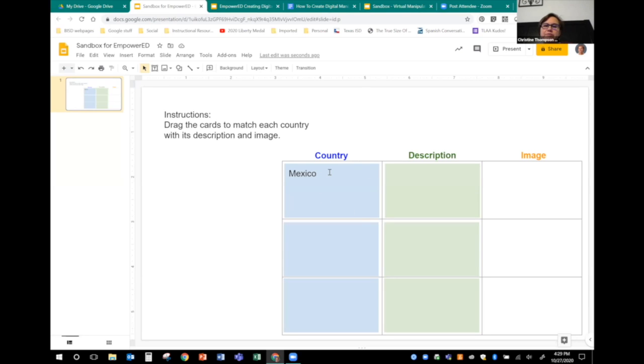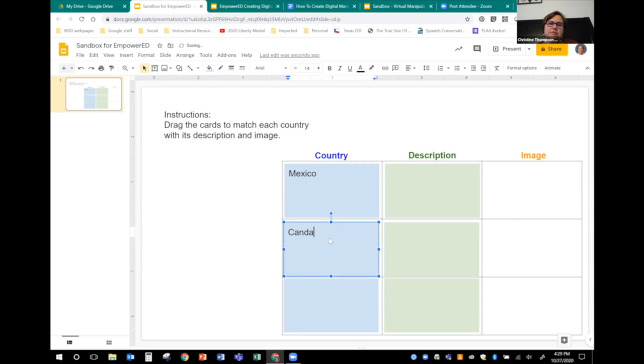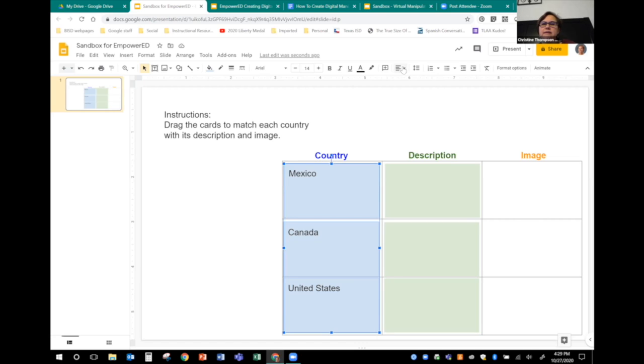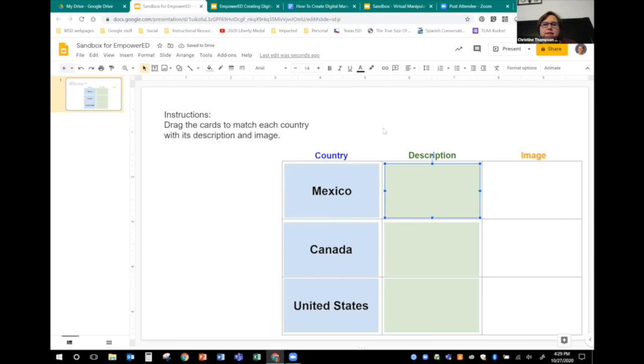So I was saying we're going to enter our terms, our definitions, those sorts of things now. I know that I'm doing the countries of North America, so I'm going to put those in here. Always good if you spell Canada correctly. Again, I'm going to use that shift click to multi-select and format my cards here. For these purposes, I won't do what I do with kids, but I'll show you what one might look like with kids later because I've done this one as an example before. But for today, I'll just do something easy.